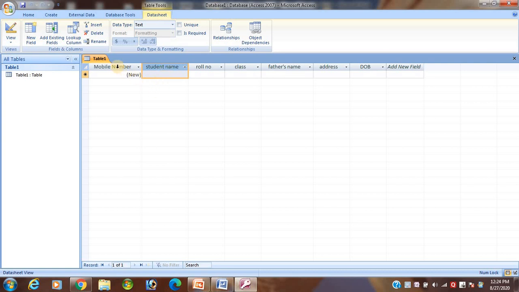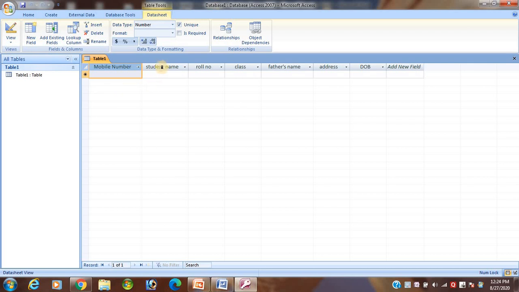See, click on the field name, suppose mobile number, you see the data type has been displayed. Yes or no? After clicking on the field name, the data type is displayed, and this is your drop down. Click here, you specify the data type. You see text, memo, number, date, time, currency, yes/no, hyperlink. These types of data types are available. Okay student, in the mobile number there is only 0 to 9, so it is better to use the number.